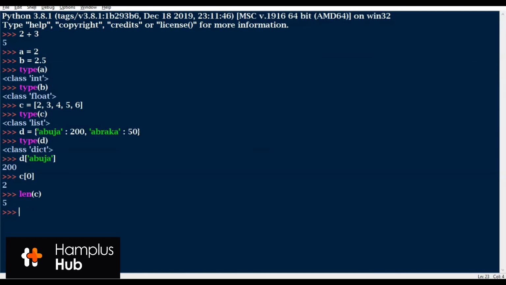So let's assume I want to change the value in index position 0. Then all I have to do is say C index position 0, I equate it to 100. So when I use my C, I have this, the value has been changed.